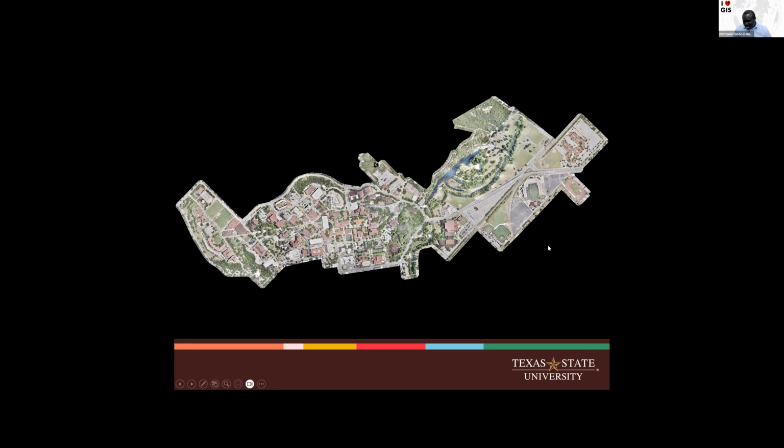Due to some problems that we encountered, there were days that it rained and then there were some software issues. We had to go back and update the drones and all that. So the whole project lasted for about a little over 3 weeks. And we were able to piece them together and capture this.